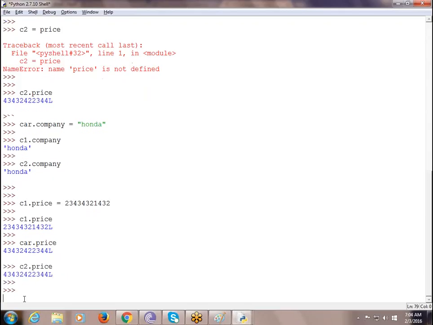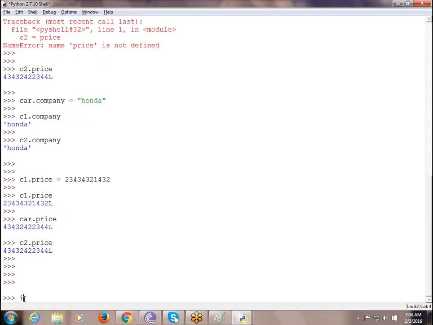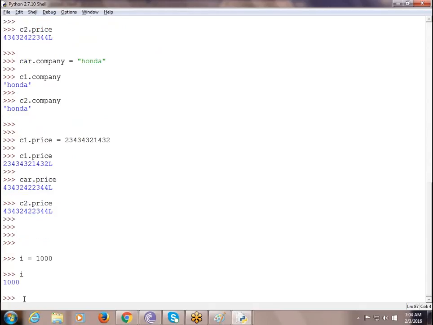One more important thing is that people who are learning Python often don't know the basic fundamentals. Whenever you declare any variable, you must learn this. This is very important, and most people will not concentrate on it. If I give i is equal to 1000 and print i, what happens? i is now 1000. Here the user doesn't need to specify what data type he is storing, right? So Python is generally called a dynamic typing language.